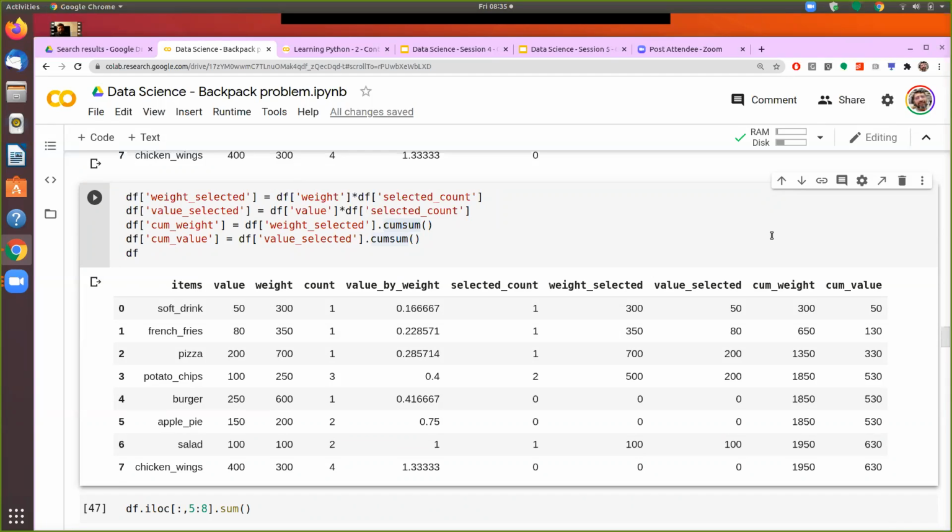There are several types of problems which can be solved if we use the principle of abstraction. Now, we have seen that we have just replaced the names, but there is another way. We would like to use the same code multiple times in different contexts. In the next session, we will see how, using a single piece of code without changing any of the variables and without having to rerun all these things that we have done, using the principle of classes and functions, we can create reusable code. That would be the session that we'll be starting with next week.